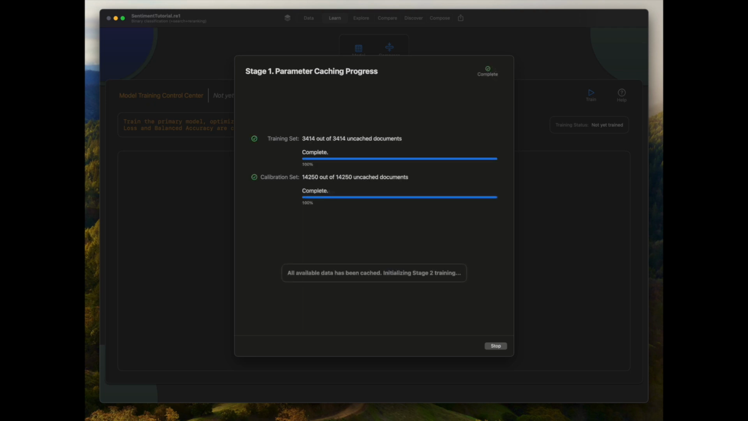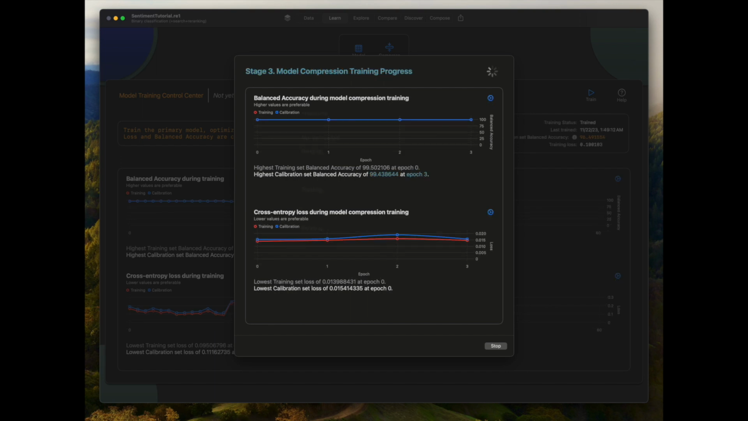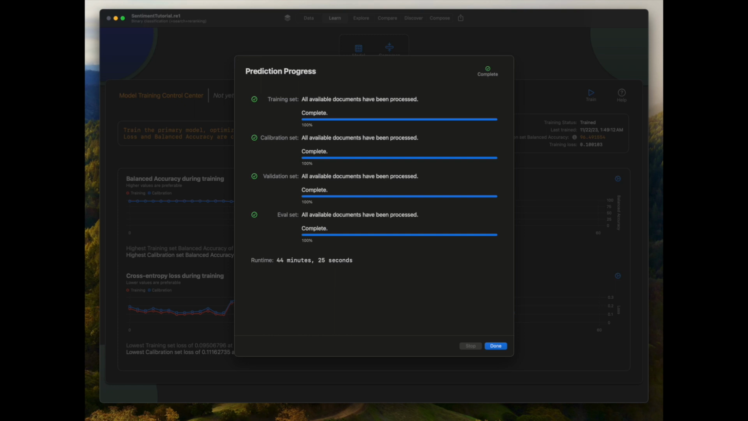Okay, so after the parameters are cached, we'll optimize the parameters of the model, and then we'll compress the model. And then the production step includes calculating feature importance and estimating uncertainty, which itself involves a dense vector matching step. Jumping to the end, we see that training and prediction took a total of around 45 minutes. We can click Done,